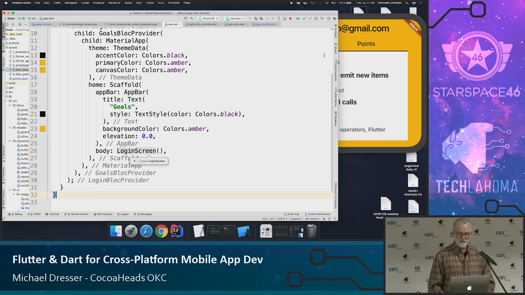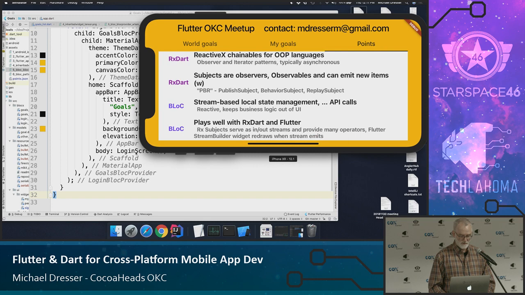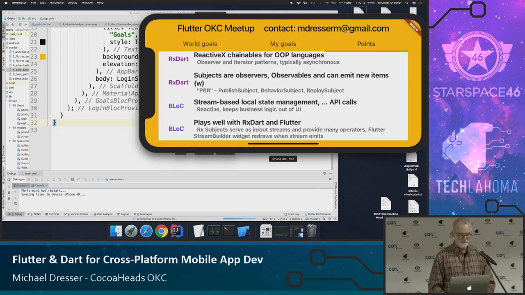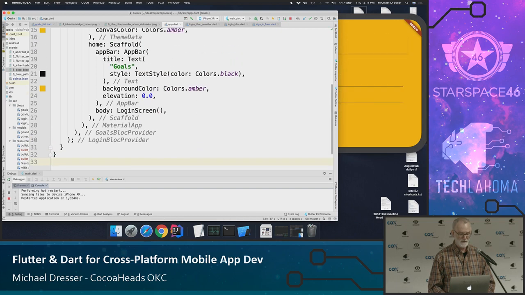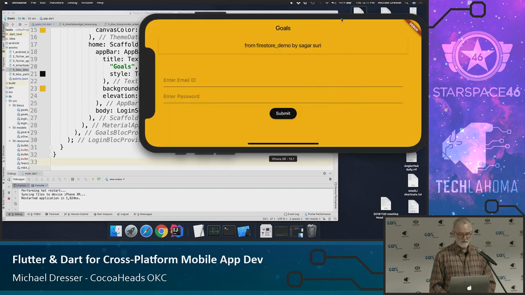And then we finally get to the login screen, and I'm just going to go ahead and restart the app so that we can see it. Okay, so here's the login screen where you can enter an email. Oh, and I didn't say this before, and that's why I put it up here so I would eventually remember: this is from a Firestore demo app written by Sager Surrey.